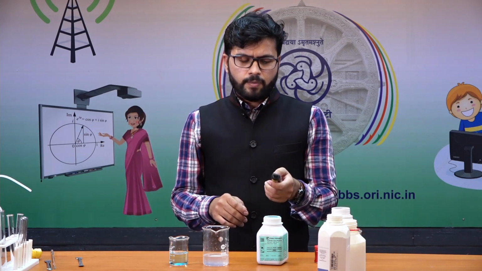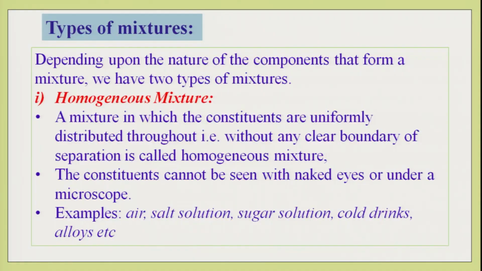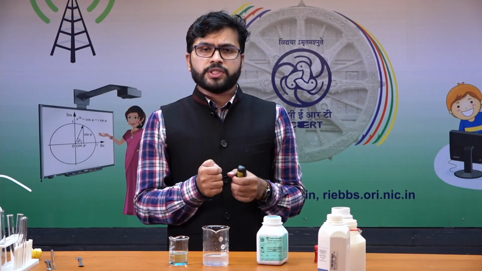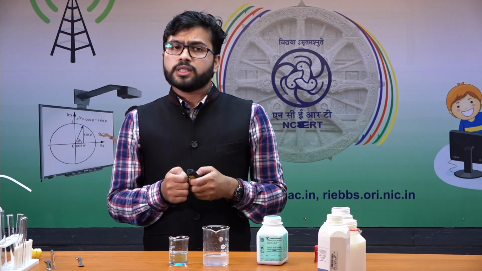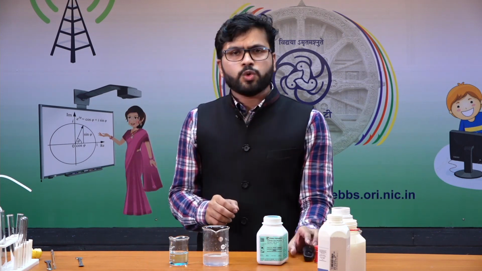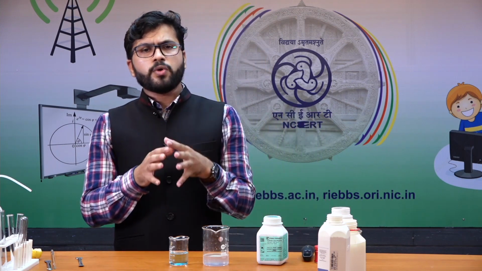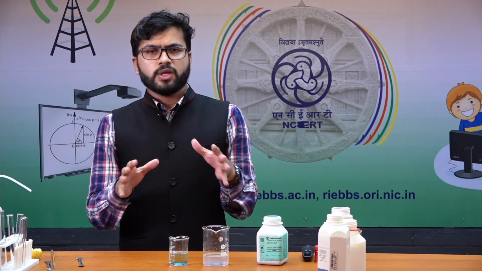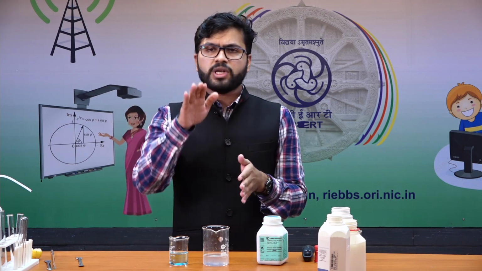On your screen, there are two types. One is the homogeneous mixture and another one is the heterogeneous mixture. Which are the mixtures that we call homogeneous mixtures and which are the mixtures that we call heterogeneous mixtures? Homogeneous mixtures are those mixtures where the components are thoroughly mixed, where we see the components are uniformly